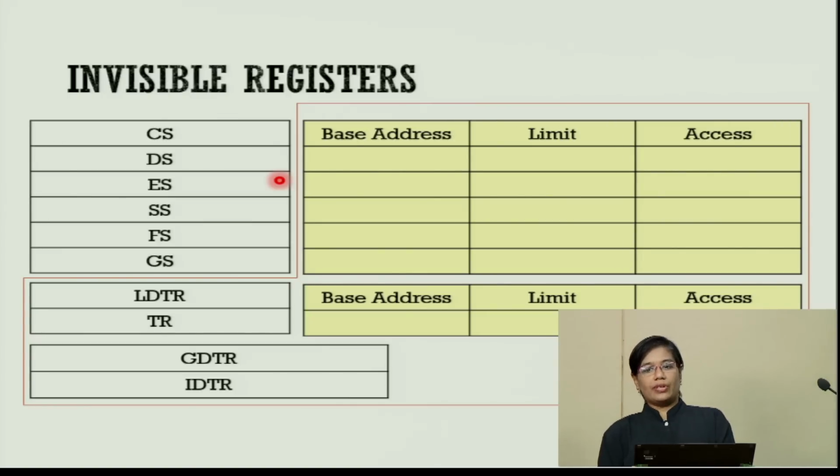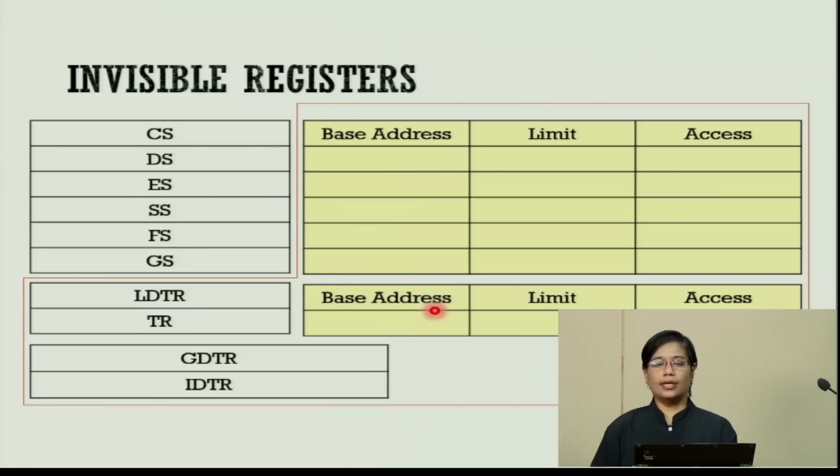Among the program invisible registers, or registers which are used purely in the protected mode of operation, are the LDTR, which is the local descriptor table register, a task register, a global descriptor table register, and an interrupt descriptor table register. IDTR or TR we will come to later when we are talking about task switching and memory protection. Right now, or at least in this session, we will concentrate only on the GDTR. We will come again to what is called the descriptor cache in the next session.